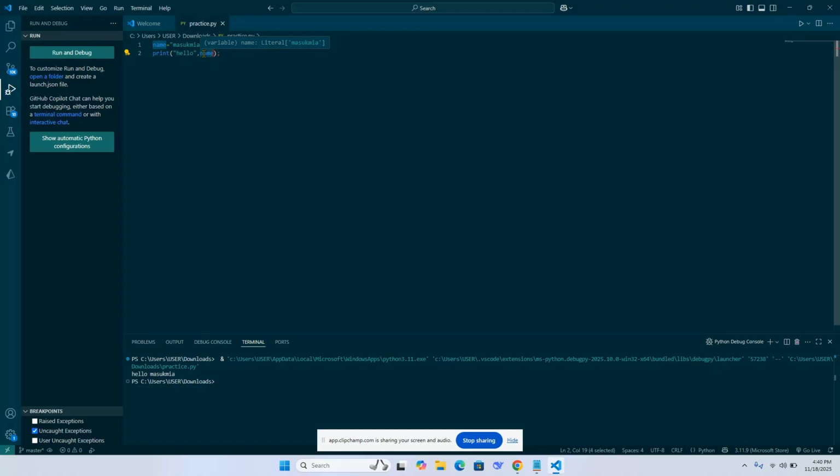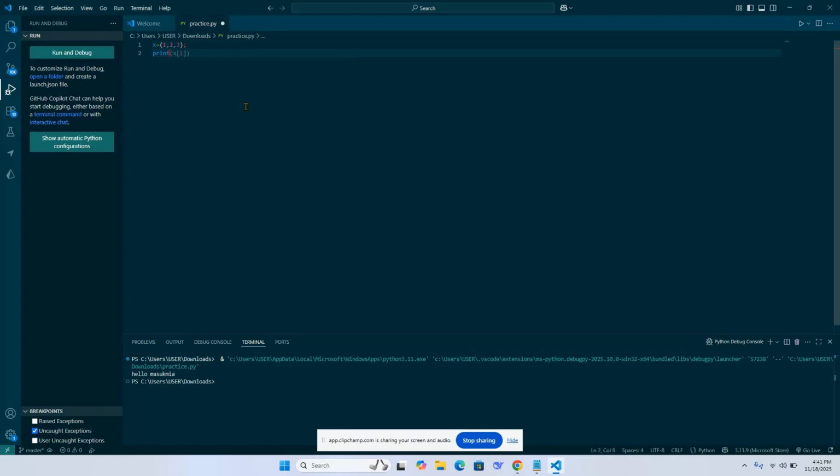Okay, so it's showing to you automatically because I already installed it in my VS Code extension. Okay, so now if you type anything here, you can type x equal and just print this one.